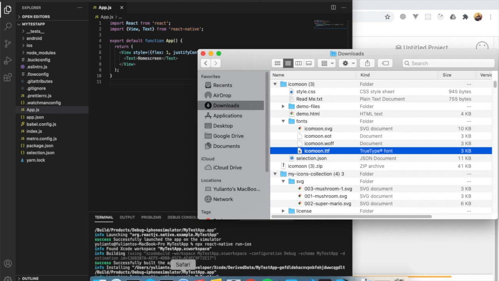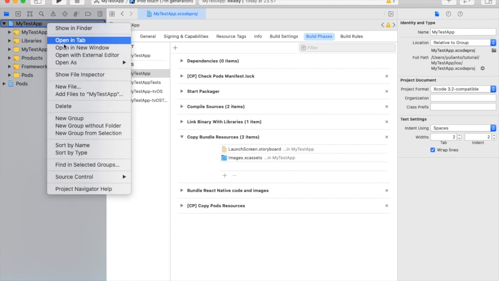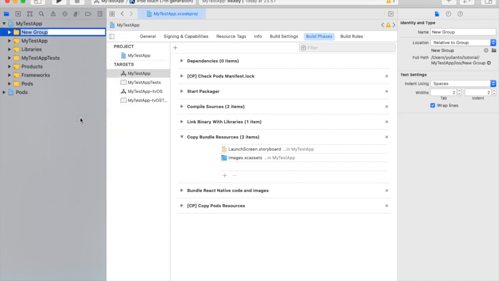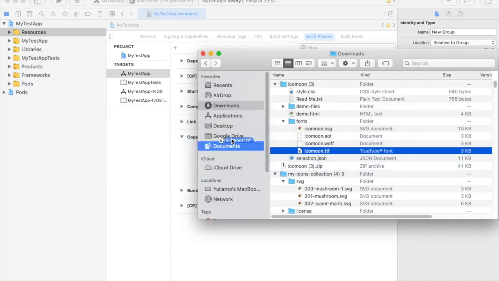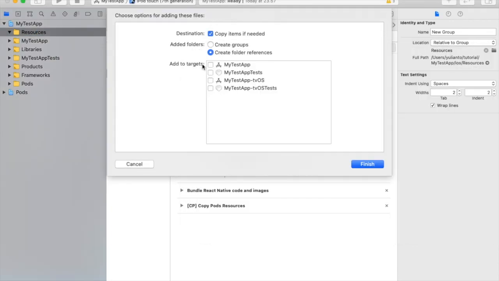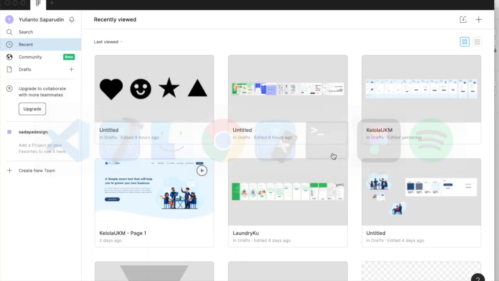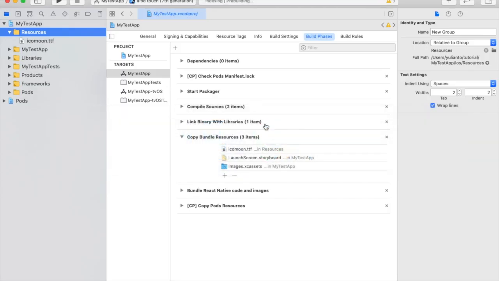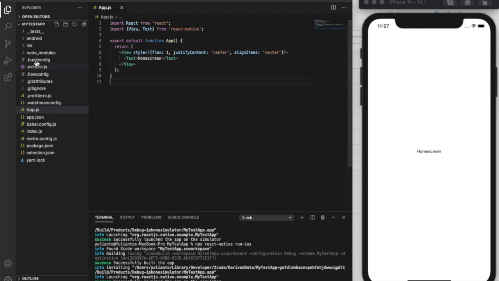Open your Xcode first. I've already opened it, and I'm gonna create a new group, and the name will be Resources, and copy these fonts to here and add to targets of your app. Finish. And then